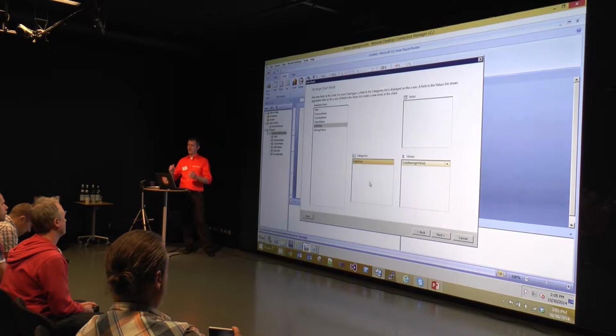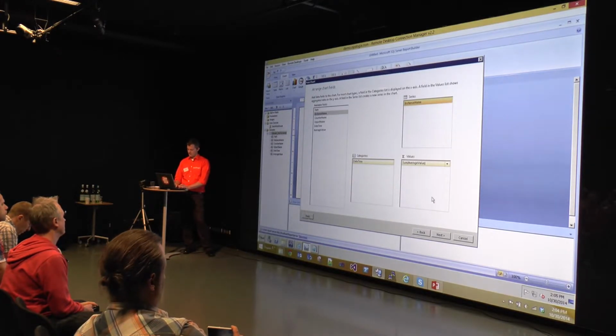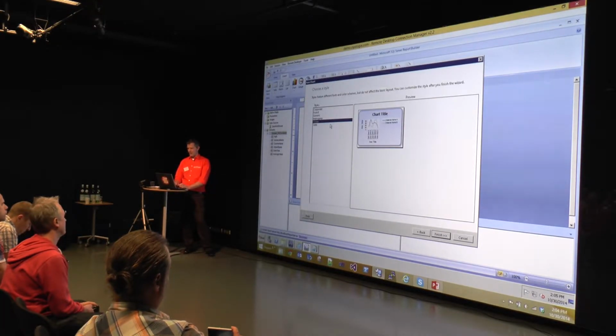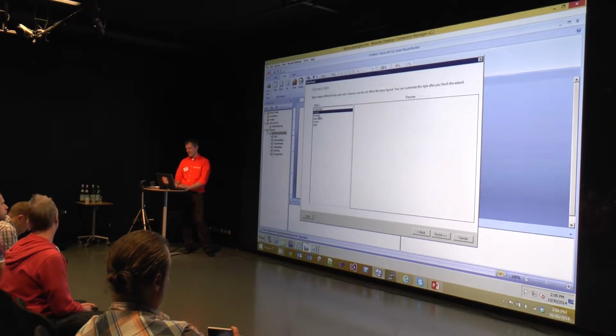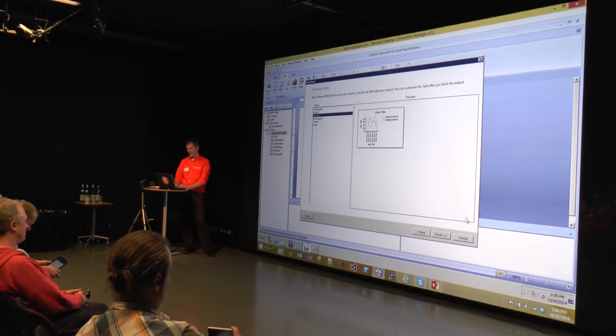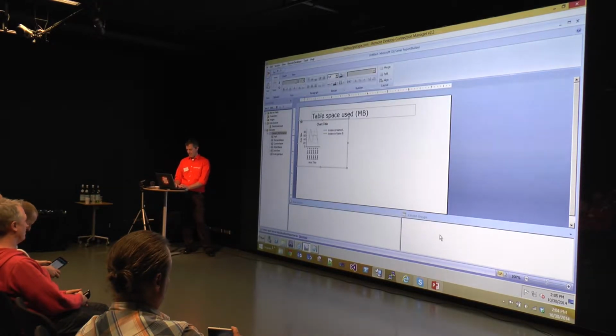But we also want to group our results in different lines. So we have many table spaces. So these are different series. So when we take our instance name, we group these in series by instance name. And we'll see the result later on. Now for this you can choose kind of pre-canned styles of chart. Usually I just take the generic one because it's the cleanest and you have the most visible information. Expand that a bit. And we can go ahead and give it a test